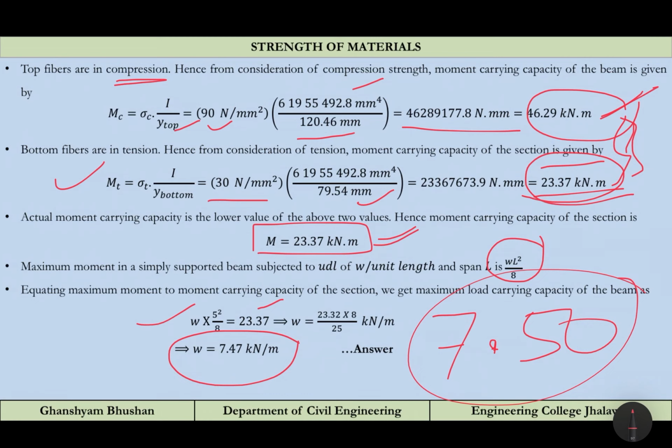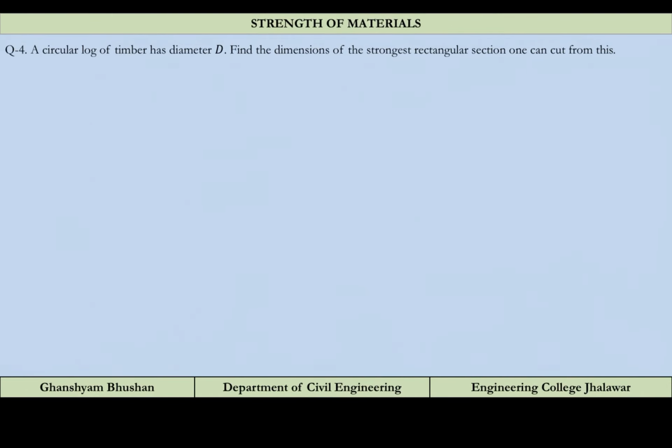So you can practice the problems on your own by referring to the books. Now we are going to solve the last problem of this chapter, not this chapter, this part. The first portion is the bending portion and the second portion is bending stress, the shear stress. So this part is bending stress. So this will be the last problem regarding the bending stress or the flexure, pure bending part of this chapter.